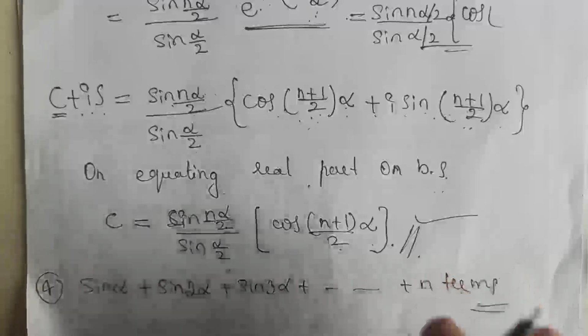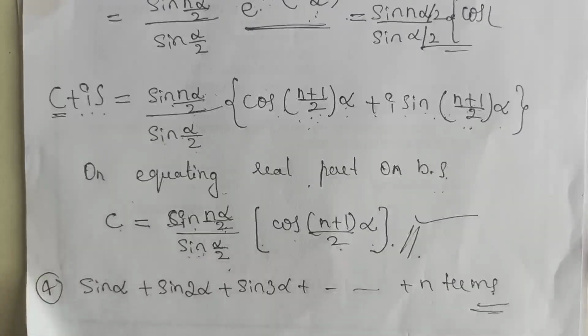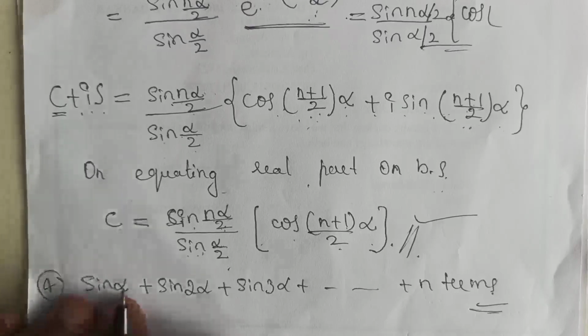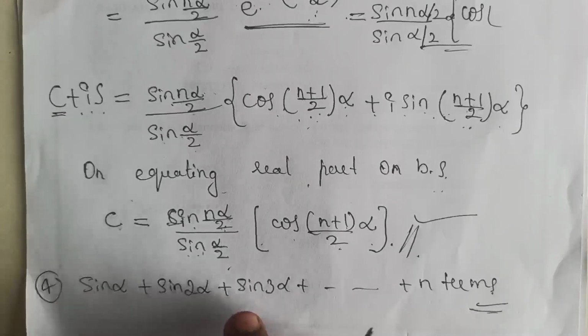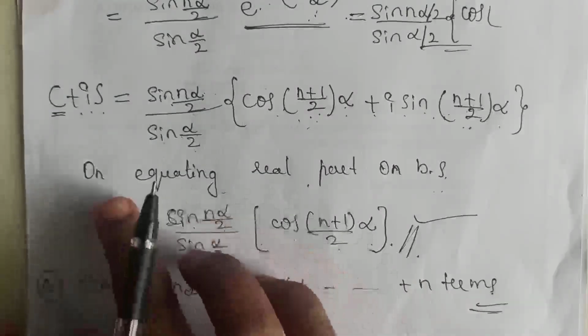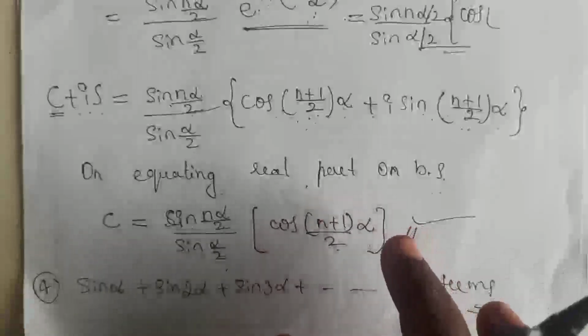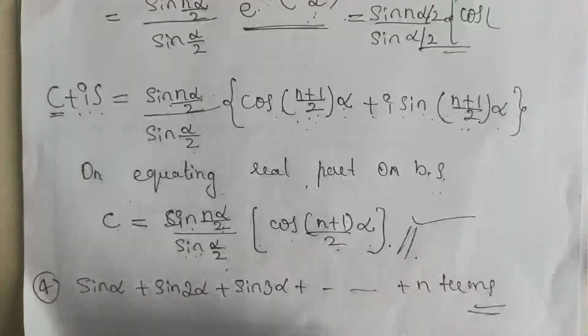Okay, all the procedure will be the same only. In the starting we have to take this series as S, and according to this one we have to consider the C series, that is the cosine series, and again we consider the cis form, that is the cis method. By using the cis method we evaluate, but at the last we equate the imaginary part to get the answer. Okay,